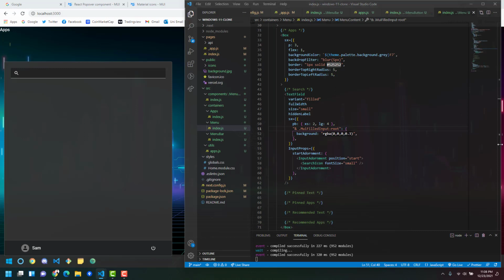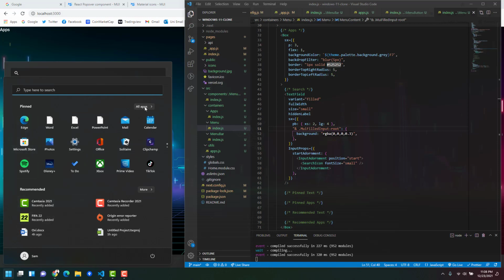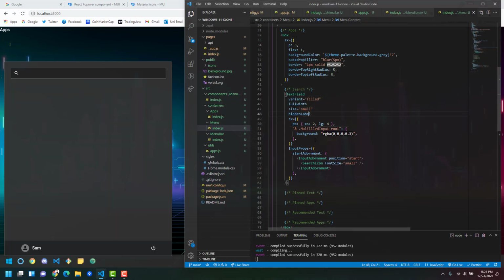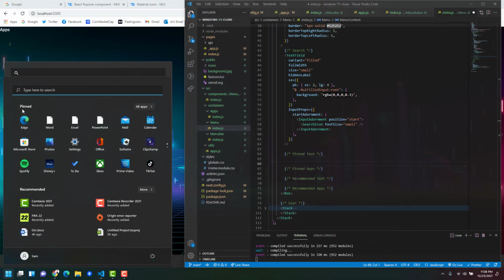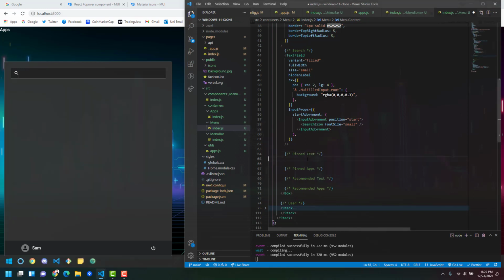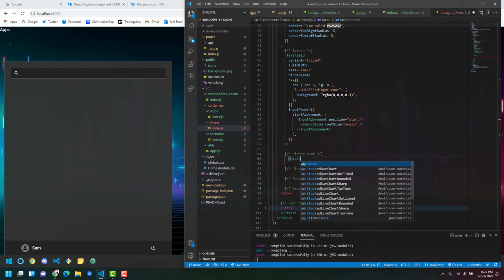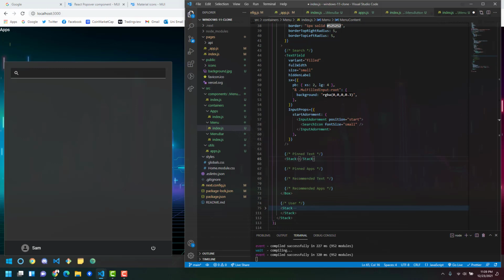The next thing we're gonna do is this text right there, the pinned and all apps. Okay, so let's go with that. Remember, that's a stack with a justify content of space between, and one side is gonna be a typography, the other side is gonna be a button. Let's go for it. Okay, so stack. One side is gonna be a typography,